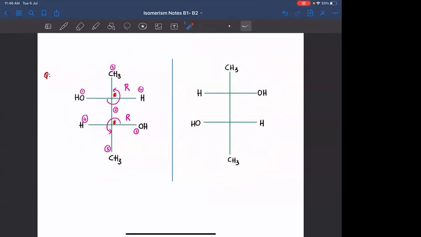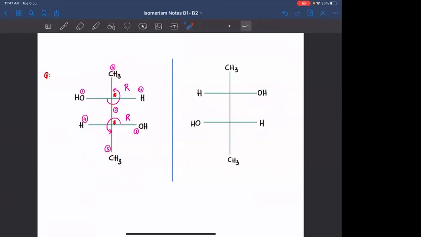If you are trying to do inversion, मतलब ऐसा रोटेट कर रहे आप लोग, you are not rotating in the plane, you are flipping it. Everyone, you are flipping it. Whenever you are flipping it, OH आपको लगेगा इस साइड आएगा, but ये गलत है. What is the reason for that? This is a Fisher projection. In the Fisher projection, the groups which are present on horizontal line are coming towards you. The groups which are present on vertical line are going away from you.